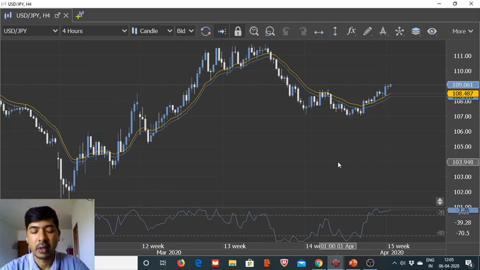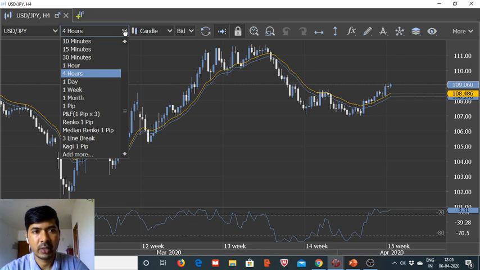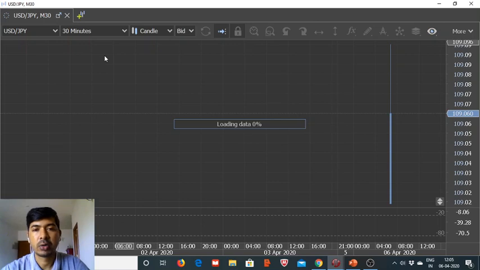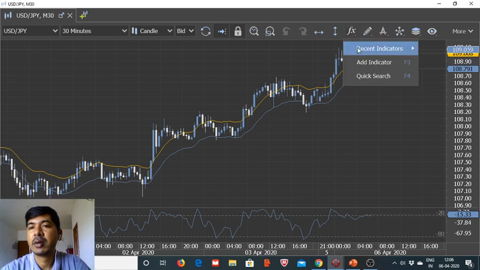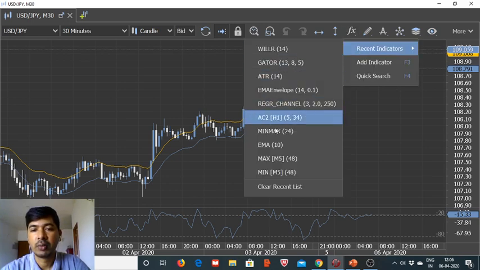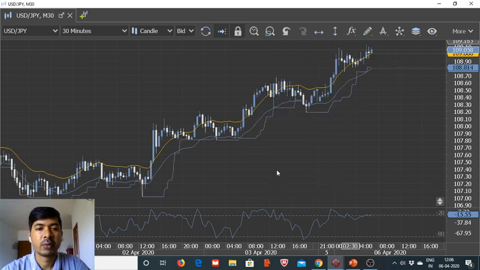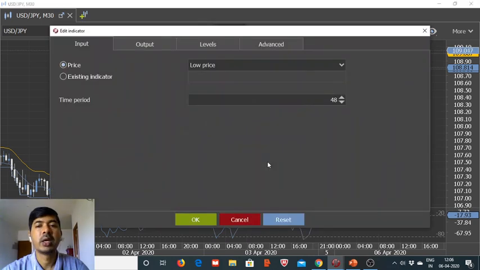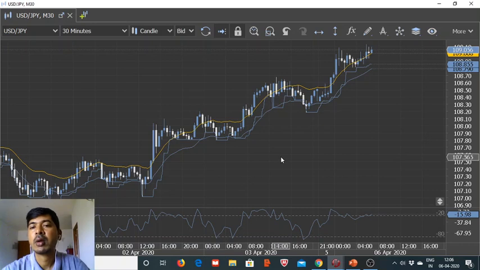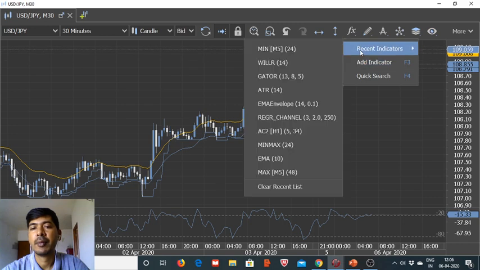Now we need to do further optimization as well. So what we are doing, we are bringing in the half an hour condition of the min max, and let me add the necessary indicators. We will need the minima of 24, which will give us the lowest value of the last 12 hours, the low price. And with that we also want the maxima,